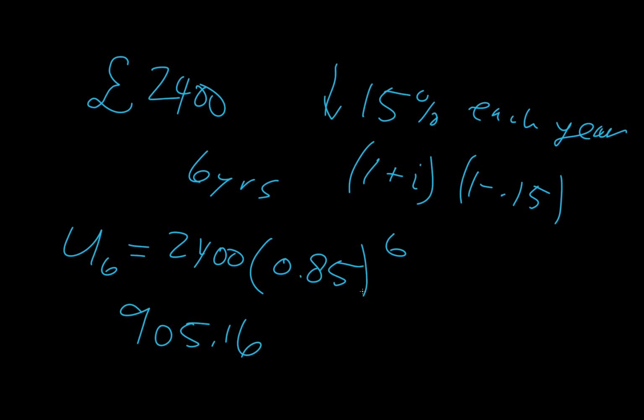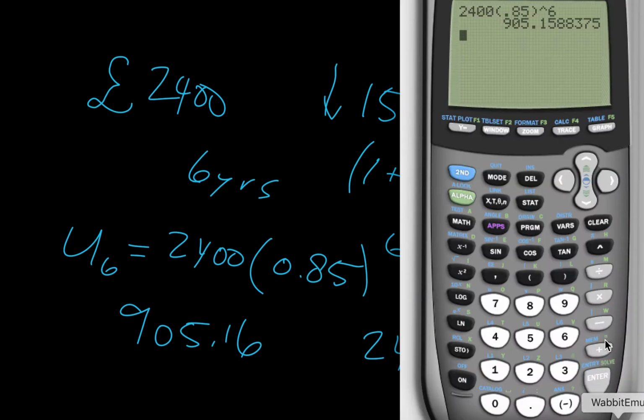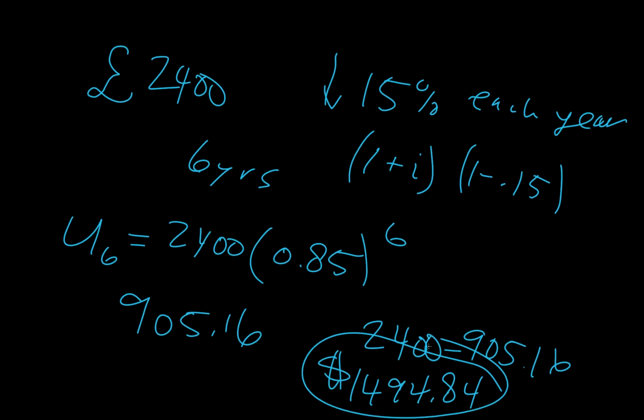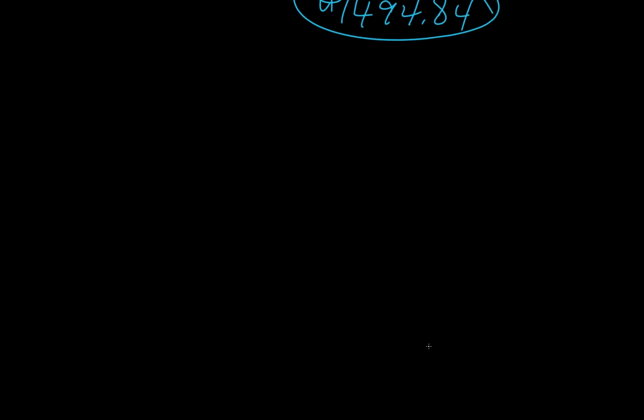Now part B, how much did it depreciate? So if we take the original value and subtract out the new value, we can just say 2400, subtract the previous answer, and we get how much money was lost. And that's all we needed to do on that one. So we'll keep continuing